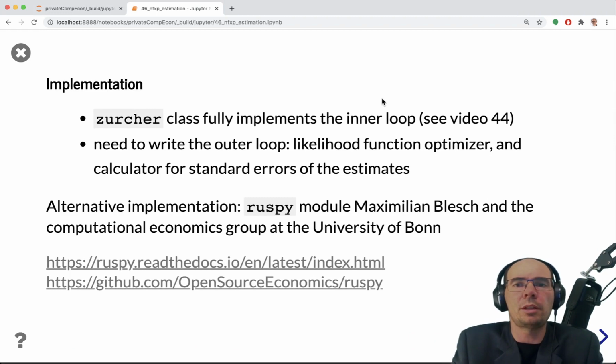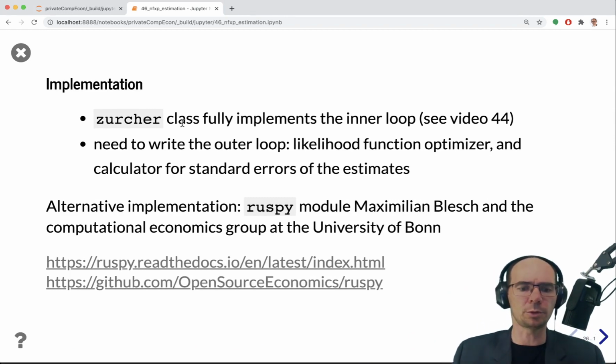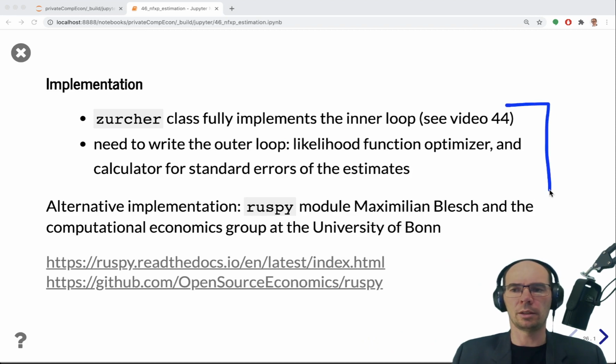Now we are ready to implement the NFXP estimator. And of course, all the background work is done in the Zurcher class, where we have implemented the inner loop. But what's left to implement is the outer loop. So the likelihood function, the optimizer, the calculator for the standard errors of the estimates, and we also need the derivative of the Bellman operator with respect to the structural parameters. So this implementation comes next, but